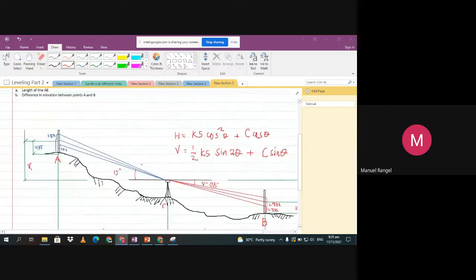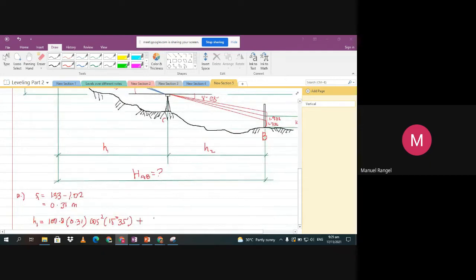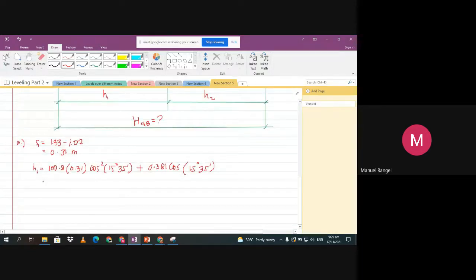C is 0.381 cosine of 15 degrees 35 minutes. So the value of H1 is equals to, kindly compute,